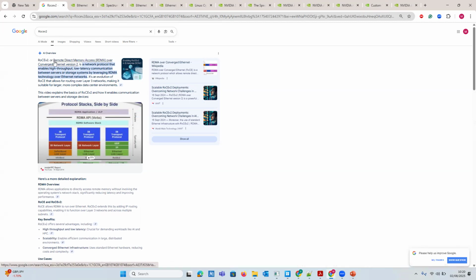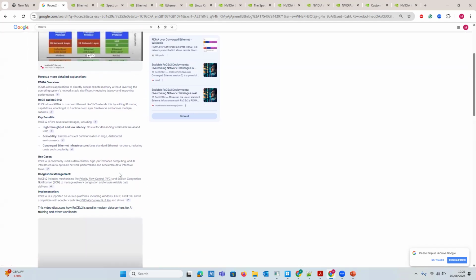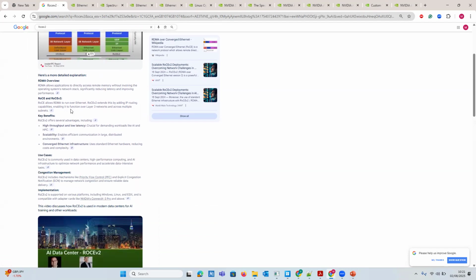What is RoCE? Remote Direct Memory Access over Ethernet. This is the protocol name, and I will be discussing this protocol in the practical session, where I will be showing a lot of practicals with the NVIDIA devices. What are the benefits of using it? Where you have a high throughput and low latency